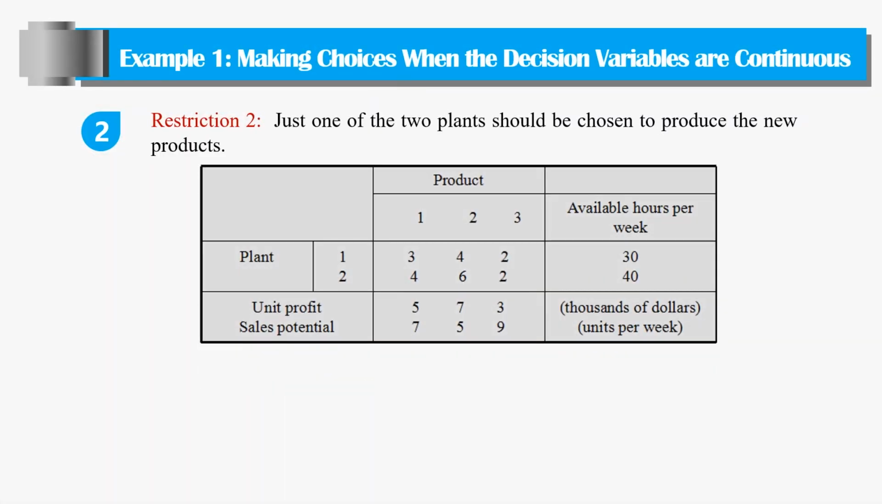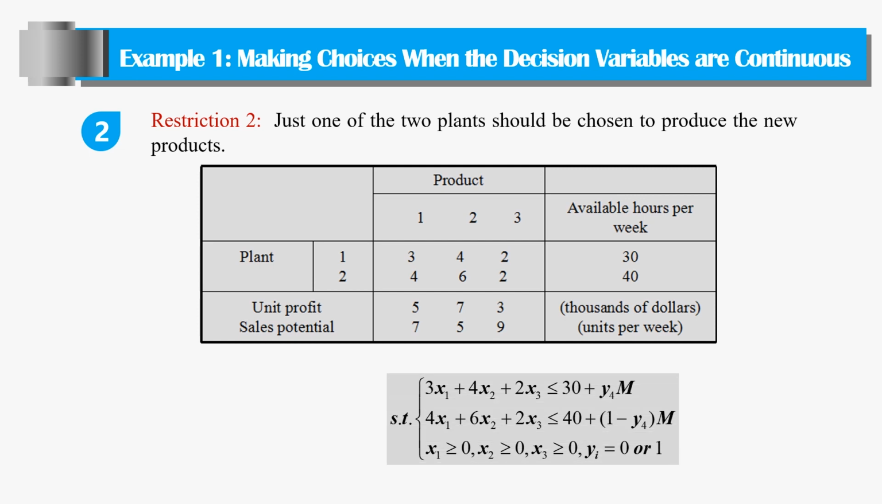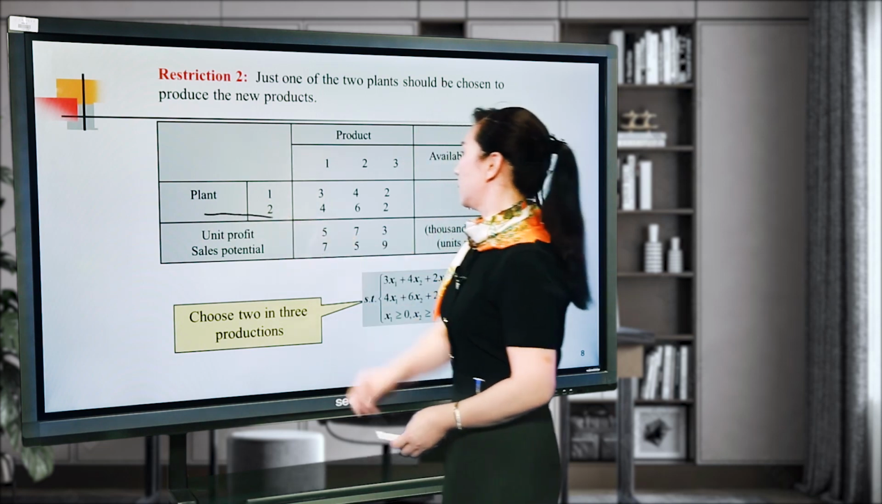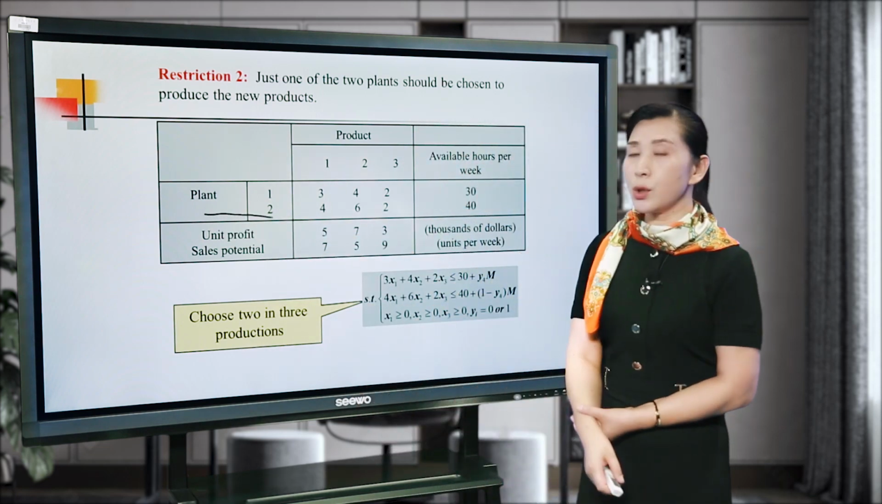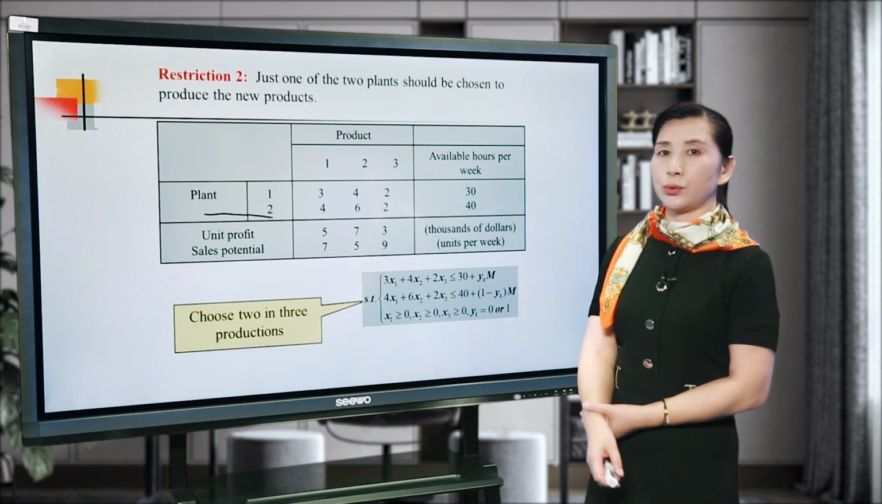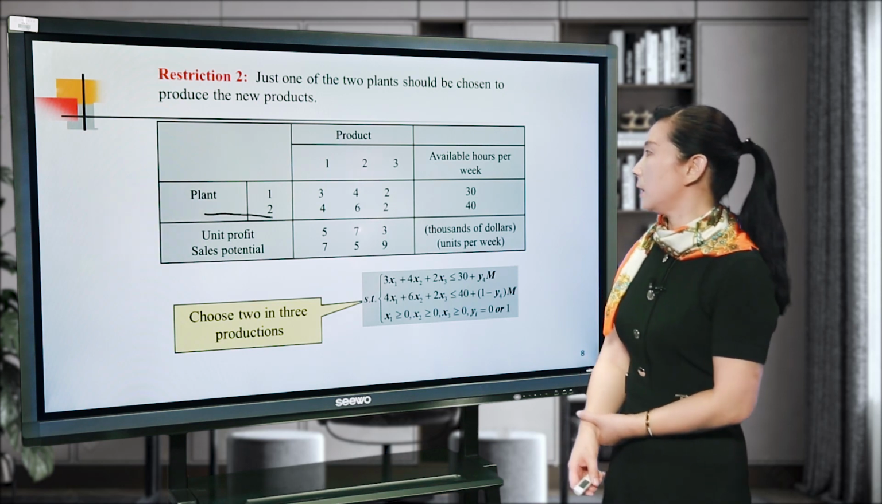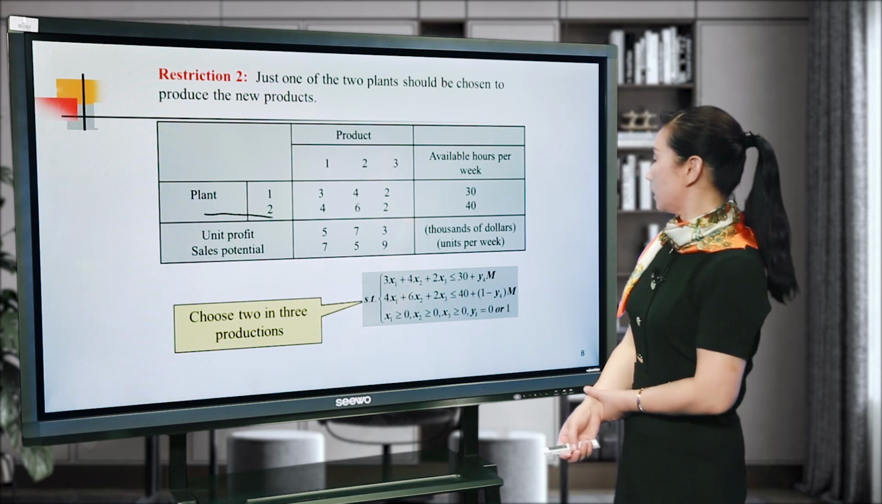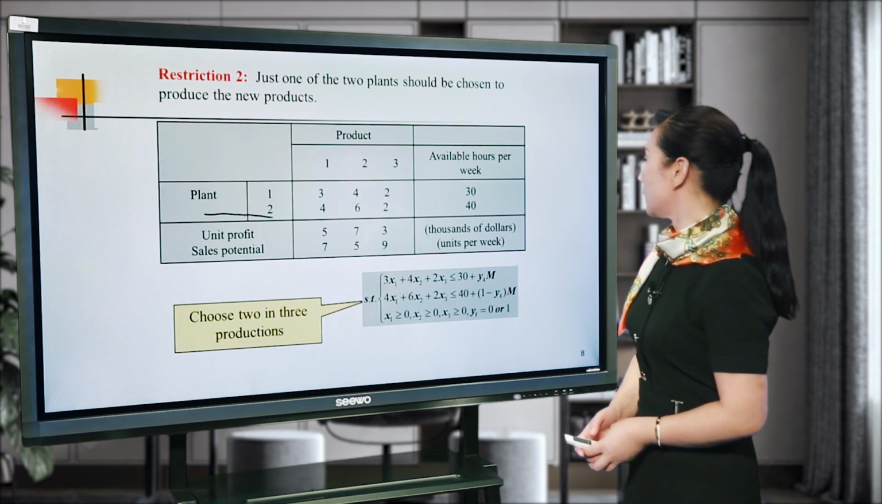Now we think about restriction 2. Just one of the 2 plants should be chosen to produce the new products. This means that among these 2 plants, only one is chosen to produce. That is, these 2 plants are alternatives. So we express the content as